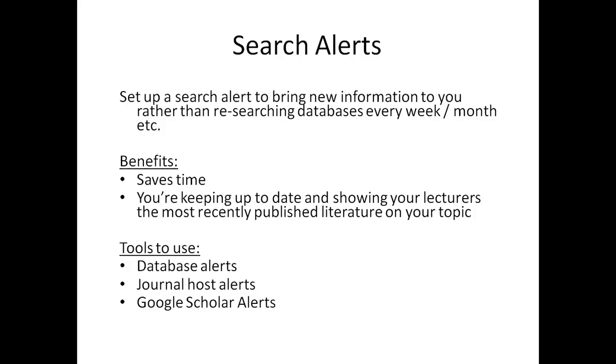You might want to set up search alerts if you're doing a long-term project, either on the journal host web pages like Science Direct, where you've got your journals hosted and can find journal articles, or on Google Scholar as well. Say you found a journal article that is key to your subject area. If you register with your name and address, it will send you an email when somebody else has published something new that cites that journal article. So as you're doing your research, you'll continually be updated with other people that have cited that research article,